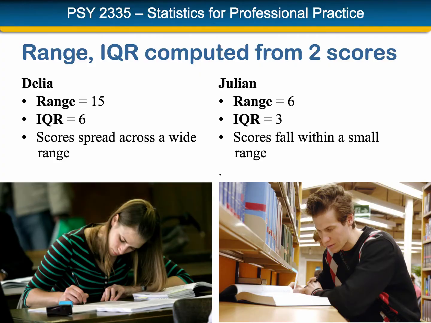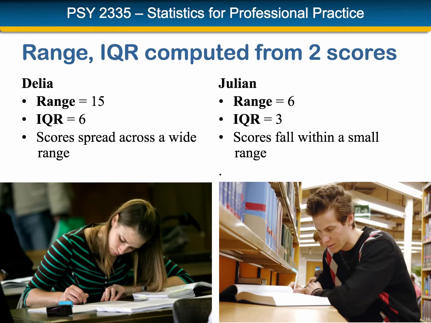As you remember, Delia and Julian were both students with the same mean on 20 quiz scores, but different variability, and they had come to a tutor center seeking help. Delia turned out to have a wide range, 15 points, and even a fairly wide interquartile range of 6 points, meaning that sometimes she did very well and sometimes she did very poorly and probably needed help in having a